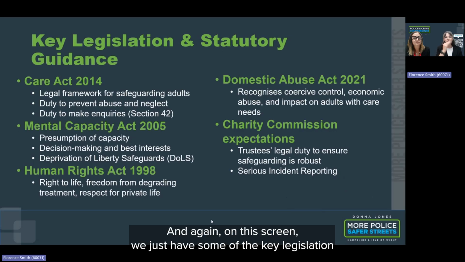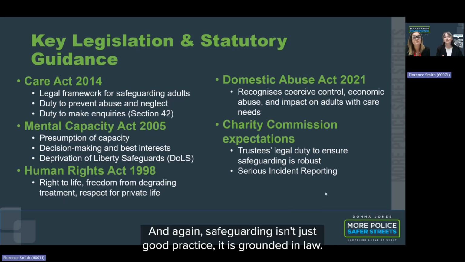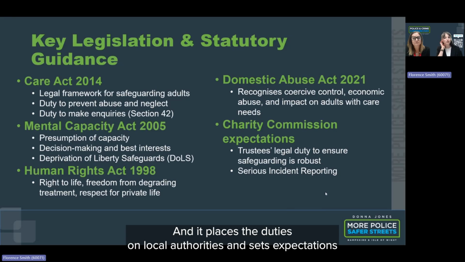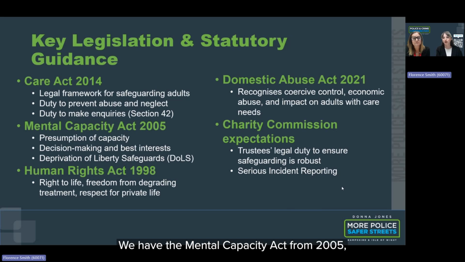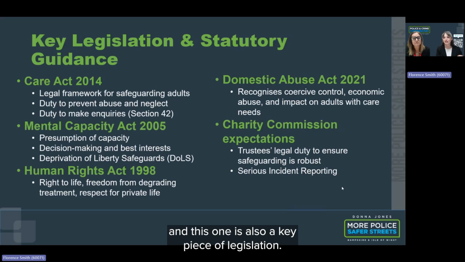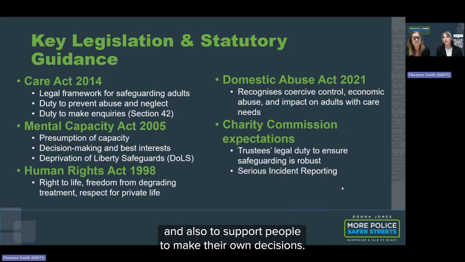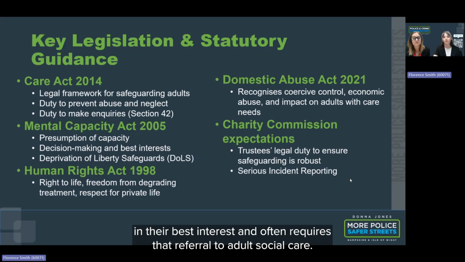And again, on this screen, we just have some of the key legislation that guides safeguarding adults practice. Safeguarding isn't just good practice, it is grounded in law. So we've got the Care Act, which I spoke about earlier, and that is the main piece of legislation, and it places duties on local authorities and sets expectations for all organisations working with adults at risk. We have the Mental Capacity Act from 2005, which is also a key piece of legislation. It reminds us to always presume capacity unless proven otherwise, and also to support people to make their own decisions. And if someone does lack that capacity, decisions must be made in their best interests,